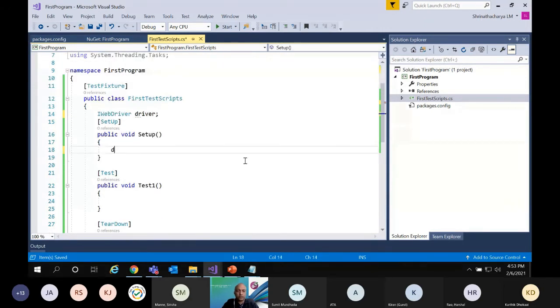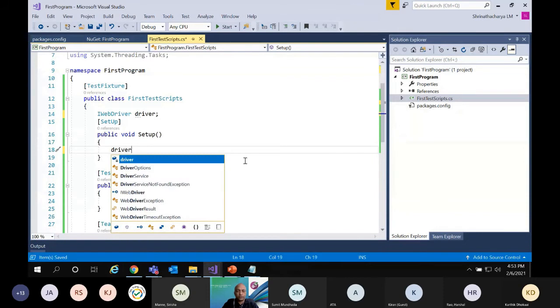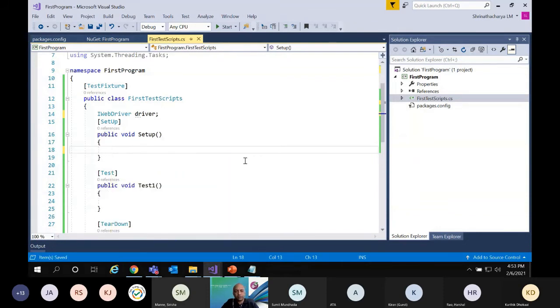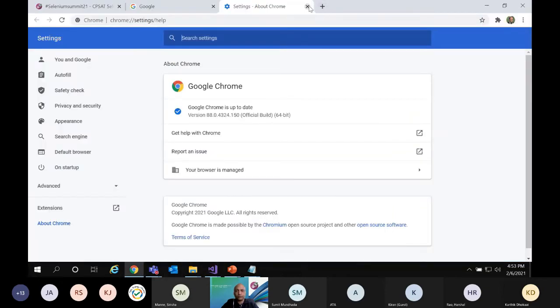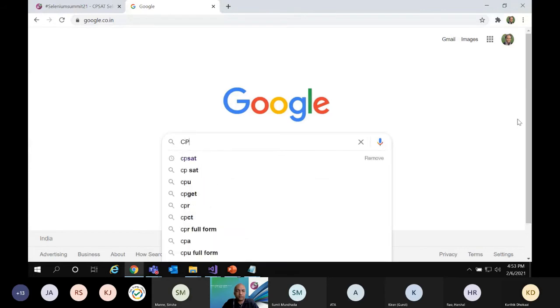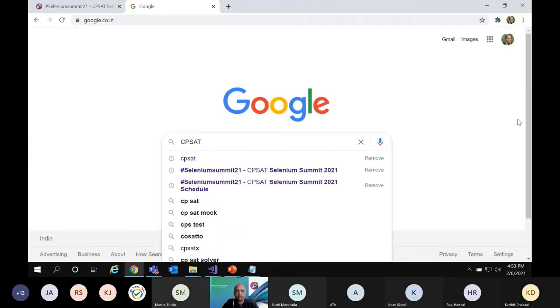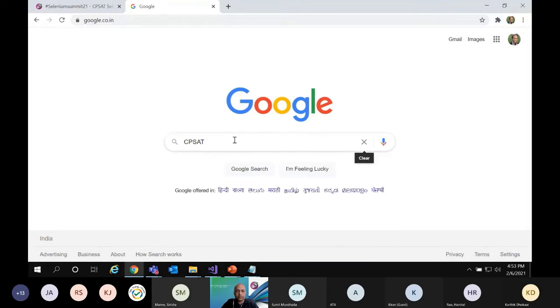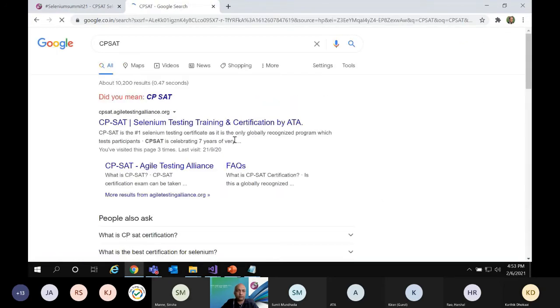And now let's take a scenario. We will first open Google and search CPSAT, then click on the enter button. Let's try this one. It comes over here with the title as CPSAT - Google Search.